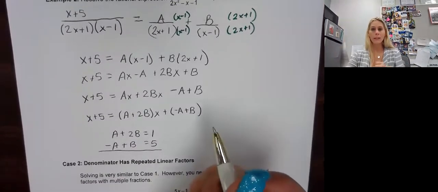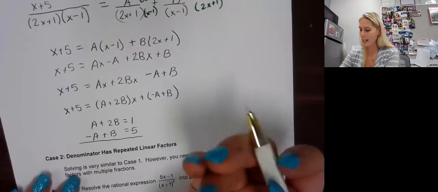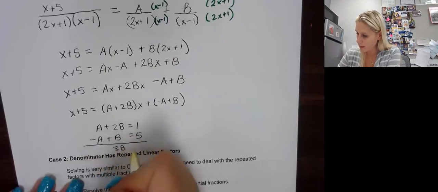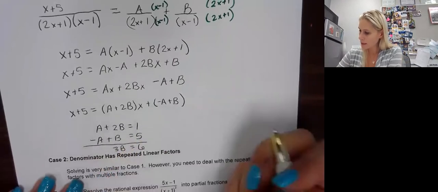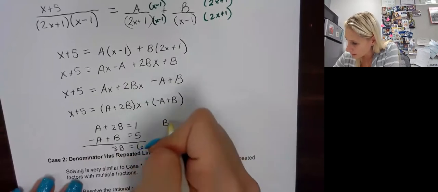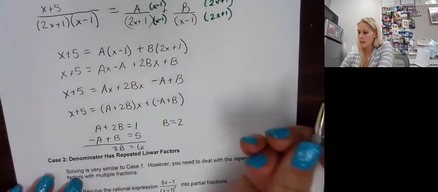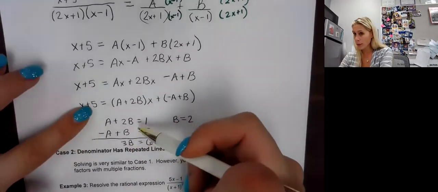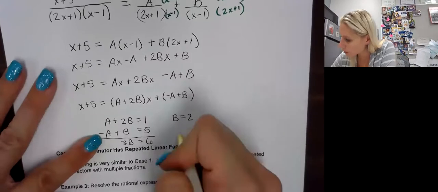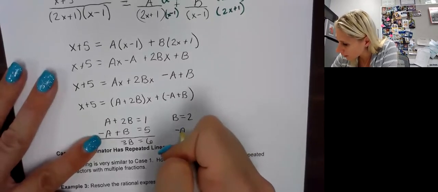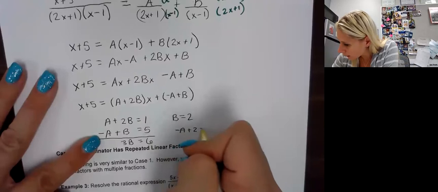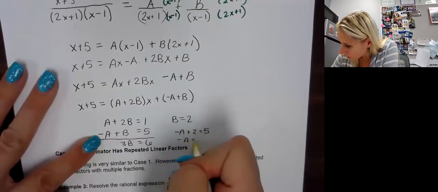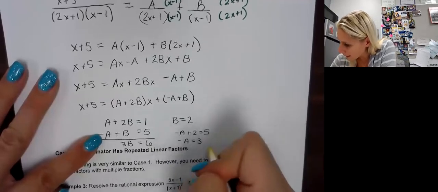Now, solve our system. In this case, because they're opposite, we can add straight down. So a's cancel. We get 3b equals 6. So b equals 2. Now I get to substitute back in. It does not matter which one you substitute into because it should equal the same. I'm going to go on the bottom though and go negative a plus 2 equals 5. So negative a equals 3. So that means a